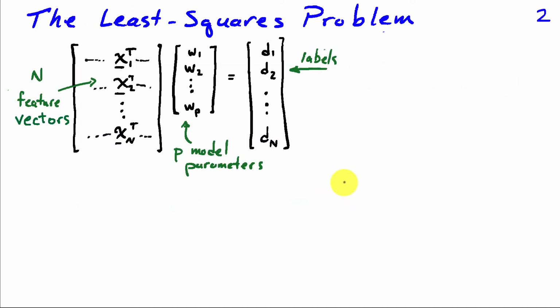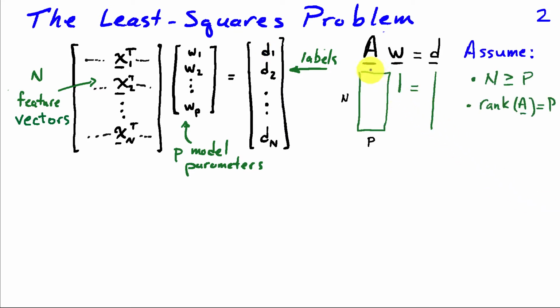Now recall that the least squares problem in a machine learning context is formulated as shown here. We have n feature vectors, x1, x2 through xn transpose, and these are p-dimensional vectors, and the inner product of each feature vector with a vector of model parameters, w1 through wp, is supposed to produce a label. Now that label could mean a variety of things. It could be the class that a particular feature vector is associated with. In the context of data fitting, a measured data point. So this suggests we're trying to solve a problem AW equals D, where A is this matrix